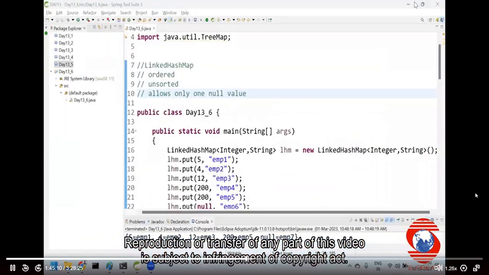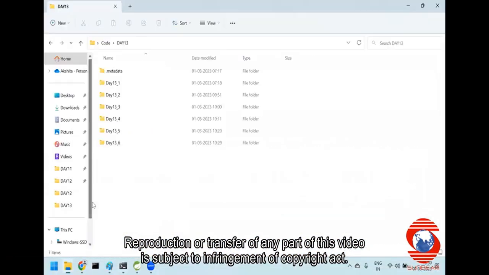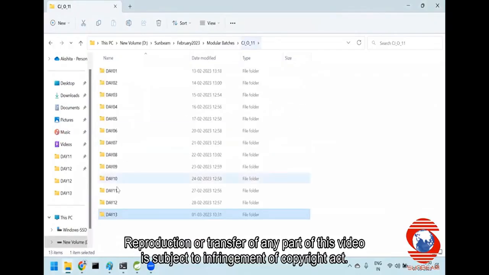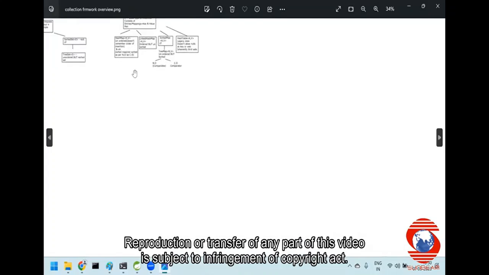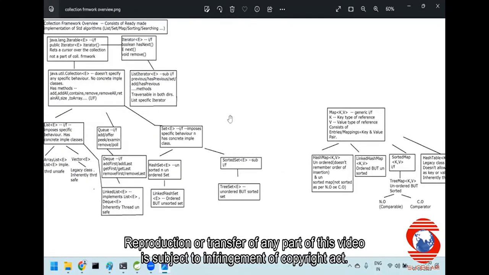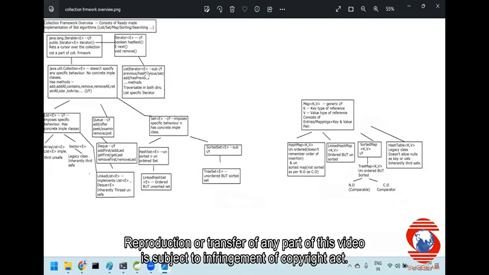So if you could just observe the collection framework overview diagram, which I had shared on day 11. Correct? Let me just zoom it. I hope you understand. The first part was iterable, iterative collection. We have seen the list hierarchy: array list, vector, linked list, and the stack. Then the queue hierarchy with double-ended queue and array DQ. Then the set hierarchy with hash set, linked hash set, sorted set, and tree